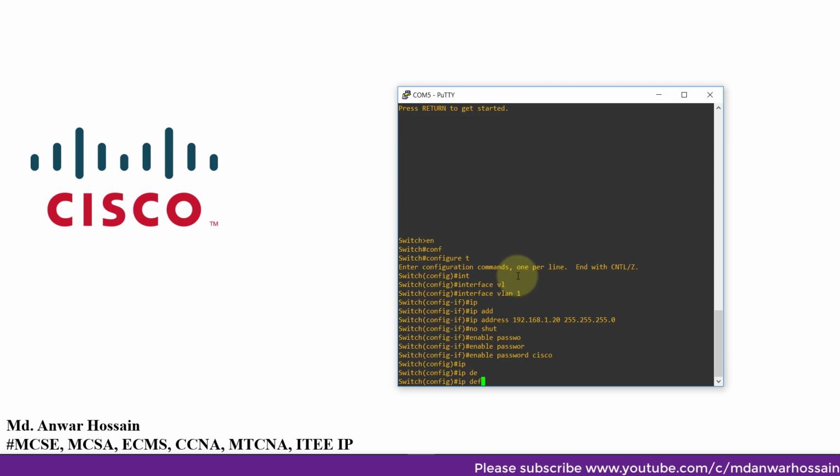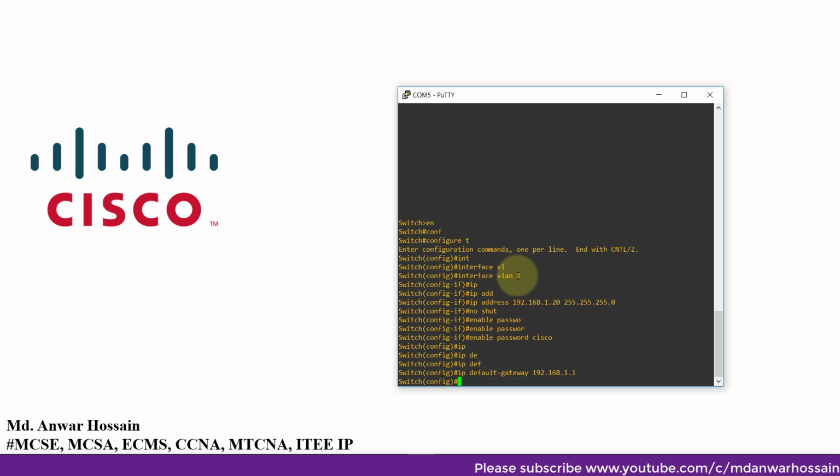Default gateway. My gateway is 192.168.1.1. Okay. Now enable the HTTP server to get the graphical interface from the web. IP HTTP server. Okay.